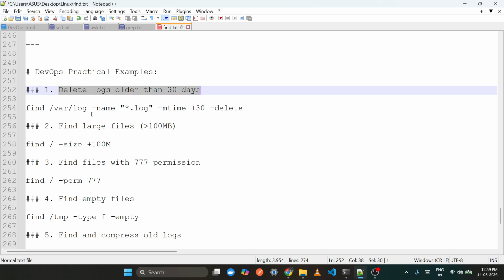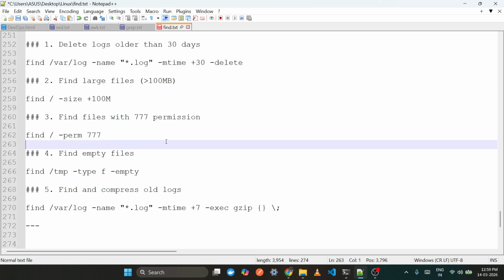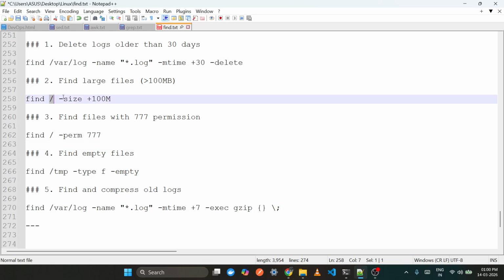In the first cases, we are basically trying to fetch the log files which have a modification time of more than 30 days, and in this case, we are going to delete them. So this is a combined command. Second, whenever we have to find larger files, it's simple: just find, then the root directory, then hyphen size